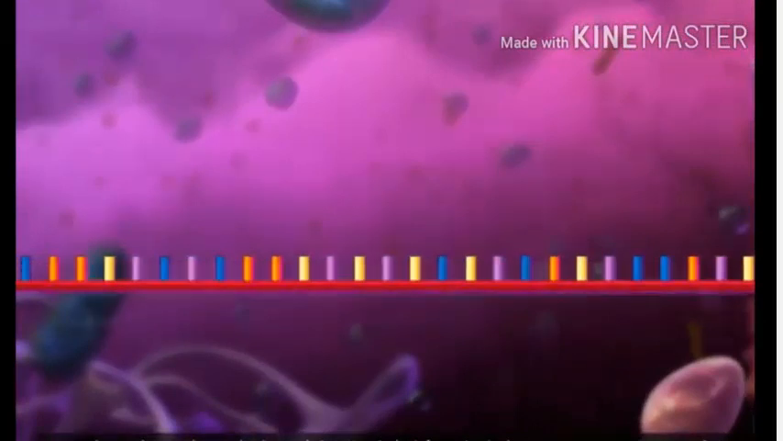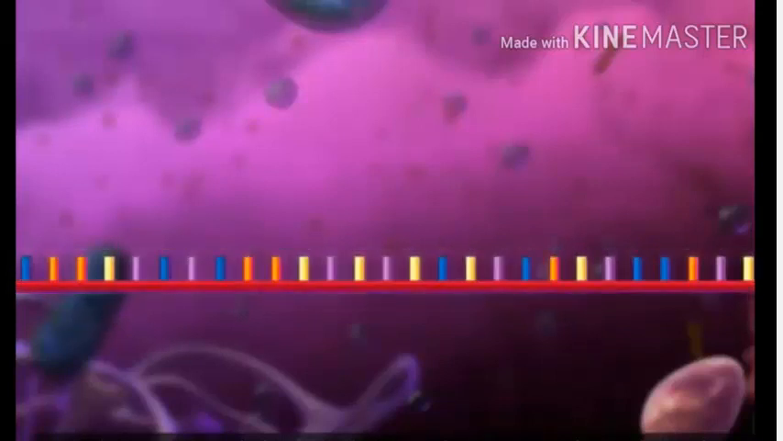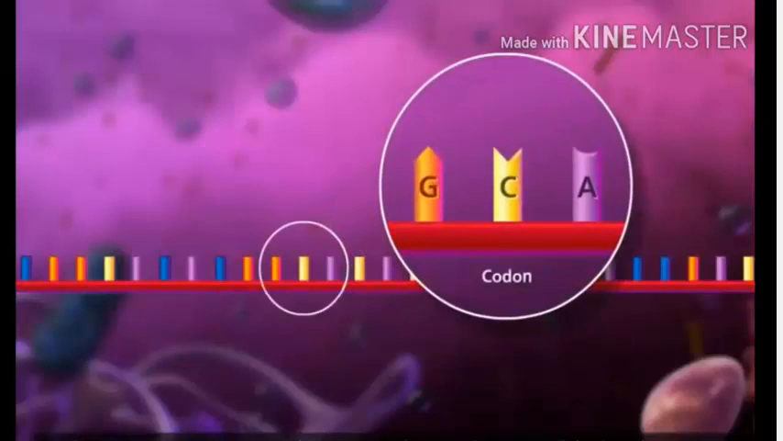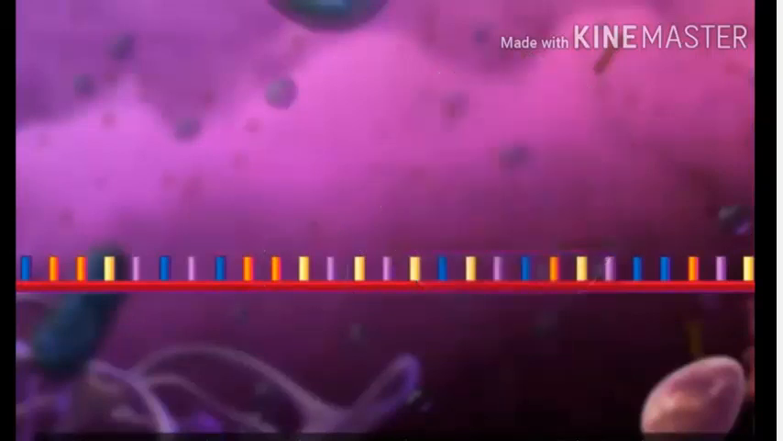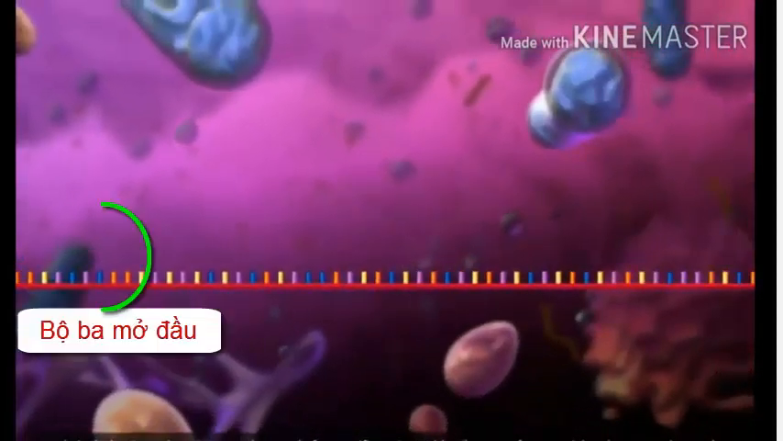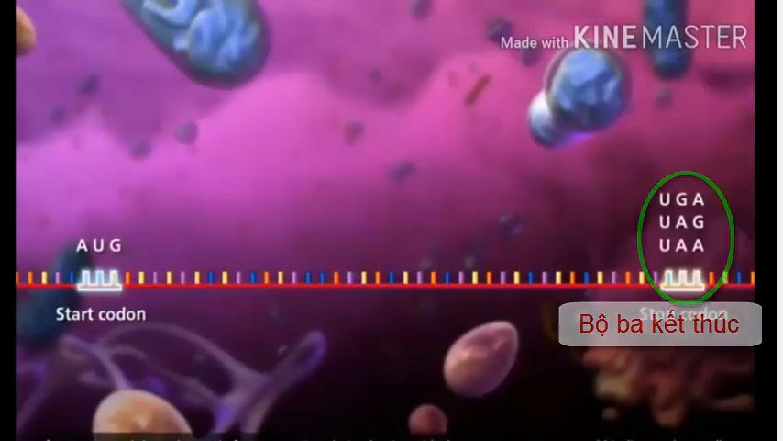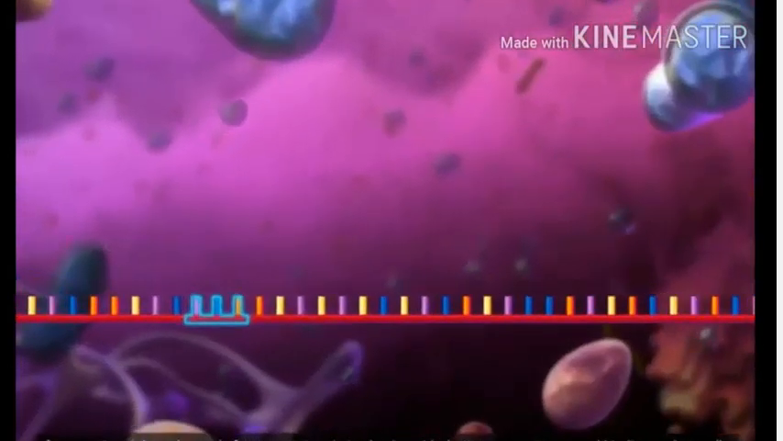How is the information in the mature messenger RNA strand translated into a protein? The nitrogenous bases are grouped into 3 letter codes called codons. The genetic code includes 64 codons. Most codons code for specific amino acids. There are 4 special codons, 1 that codes for start and 3 that code for stop. Translation begins with the messenger